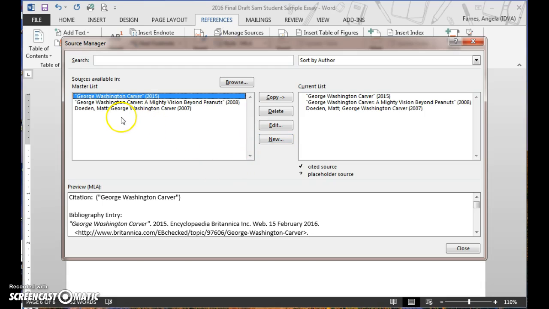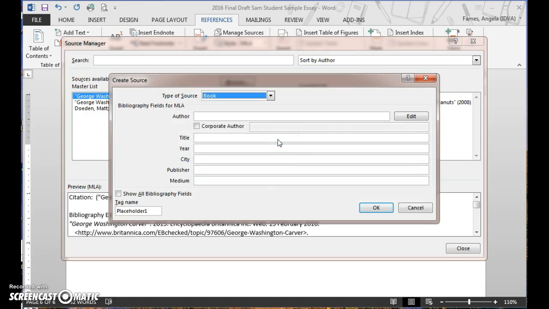Now you can see some sources that I've already put in here that I've already created for this particular assignment. You can see that this one is a web page. It'll show you down here the citation, how it will look within the essay, and you can see what the bibliography entry would look like. In order to create one of these within your essay, to begin with, this will be blank and these buttons will be empty. You won't be able to select them. So you just click New and you begin a new